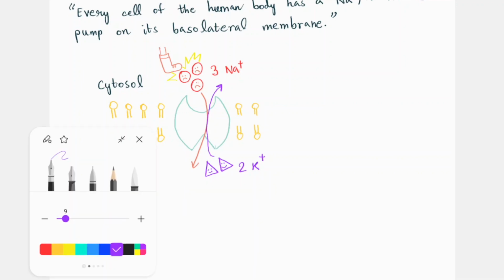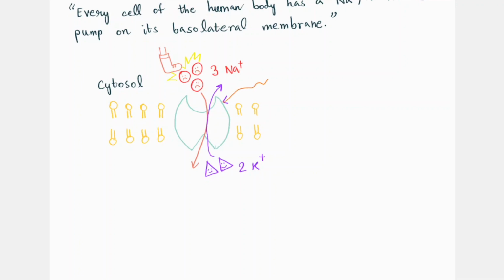Okay, and for every transaction there has to be a currency, right? The currency in this case is ATP, adenosine triphosphate. That's basically the energy currency of the cell, if you remember. So the pump takes ATP and it throws out three Na plus molecules, and it takes in two K plus molecules, and it continues doing this throughout its lifetime, right? This pump never stops, and it makes up a really huge amount of the ATP that we generate through respiration. It accounts for a very major amount of that.